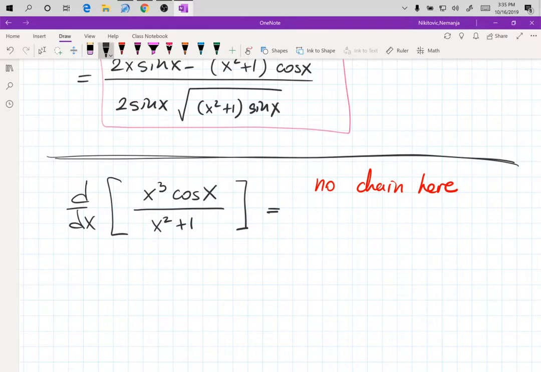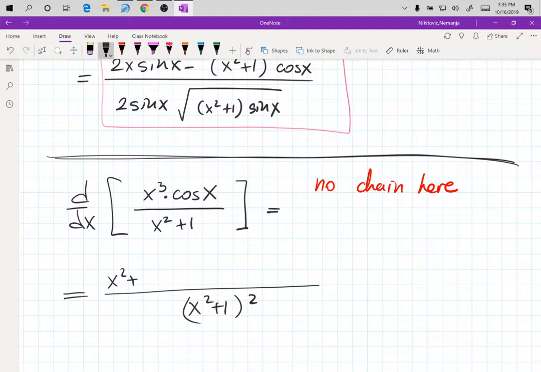So the main rule is the quotient rule, and then when you have to do the derivative of the top, you do the product rule. So (x squared plus 1) squared, x squared plus 1 times the derivative of the top. This is where the product rule kicks in. Copy the first times the derivative of the second plus copy the second times the derivative of the first